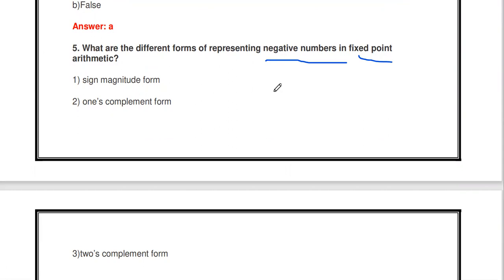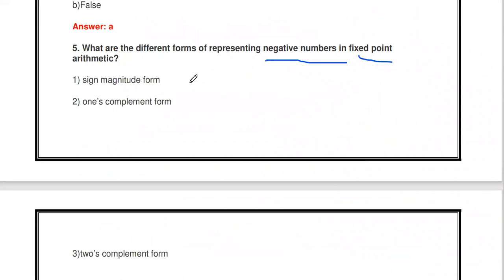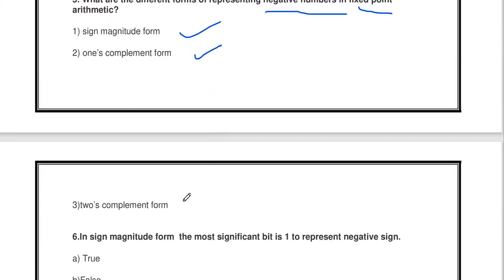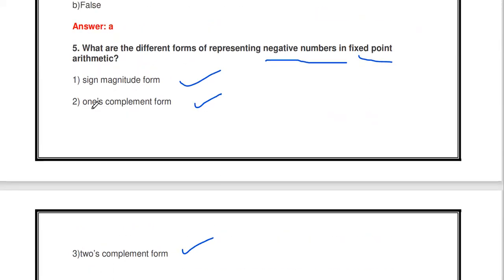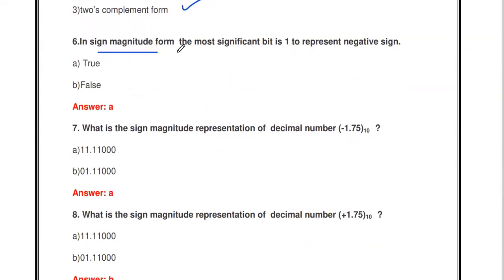So in fixed point arithmetic, what are the different types of methods? One is sign magnitude form, one's complement form, and two's complement form. These are all the three methods to represent a negative number in fixed point arithmetic. Then the next question: in sign magnitude form, the most significant bit, that is MSB,